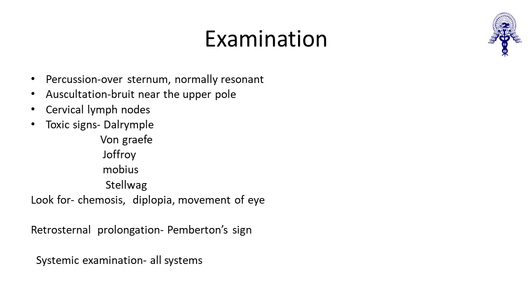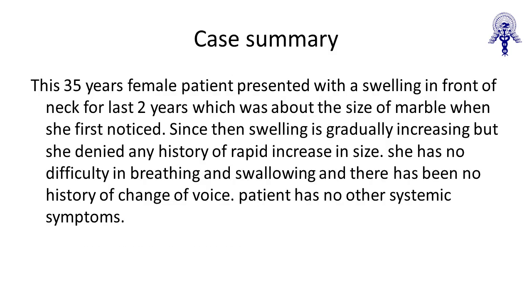Look for chemosis, diplopia, movement of the eye, retrosternal prolongations, Pemberton sign. I am coming to that later. Systemic examination: all systems should be examined carefully, especially the cardiovascular system, which should be given proper importance. Next, case summary. When you present a case summary, it is to tell a short history of